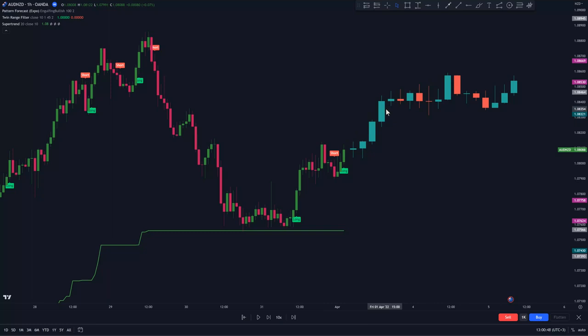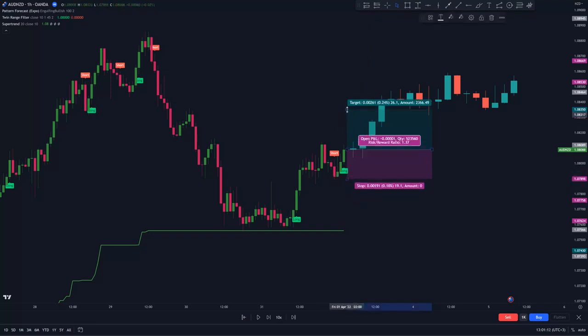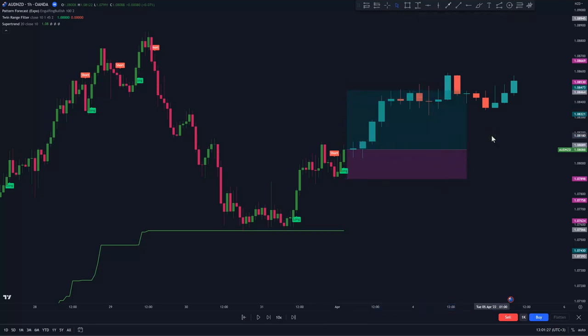To confirm that, we just take the long position tool and place it on the open of the first predicted candle. The stop loss is going to be set below the most recent swing low. And for the take profit, we're going to set it at 2 times the risk, aiming for a risk-reward ratio of 1 to 2. Taking a look at this, we can clearly see that this indicator is predicting that in the future, the price will definitely go beyond our take profit level without touching the stop loss, making this a valid trade setup. We let it run